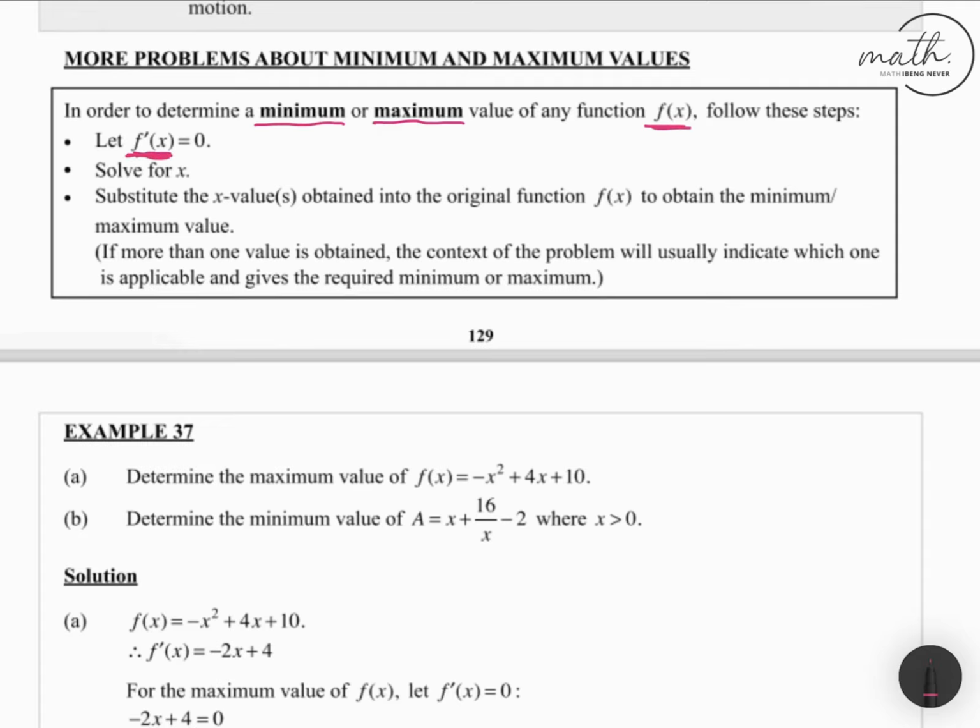You equate it to 0, then solve for x or whatever variable is there. Then you take the answer that you get and substitute it into the original to get the minimum or maximum. For context, let's look at the